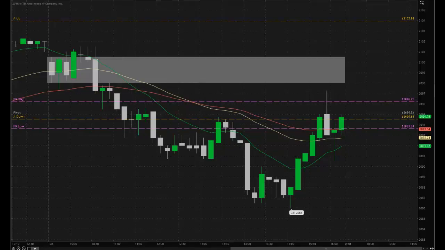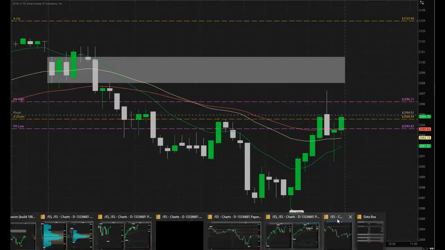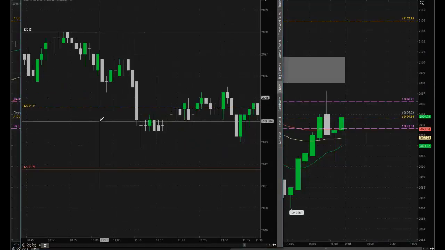Okay, I'm going to bring up a 1 minute chart, and we're going to take a look at how this transpired. So we have a big 1 minute bar here that comes down and tags the A down number. Now, if you'd gotten long here, trying to fade it, your risk initially is going to be 11 ticks, which is down here at 91.75. Price pushes down, but it can't make it down to the 11 tick stop, but then it spins.